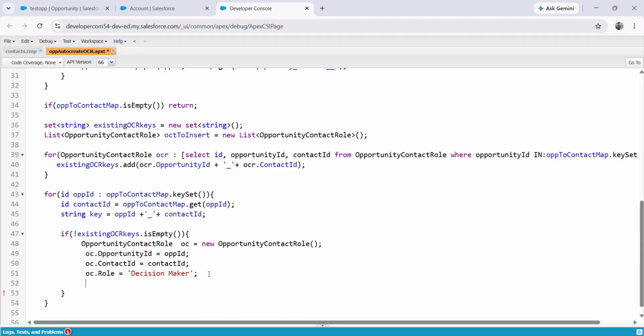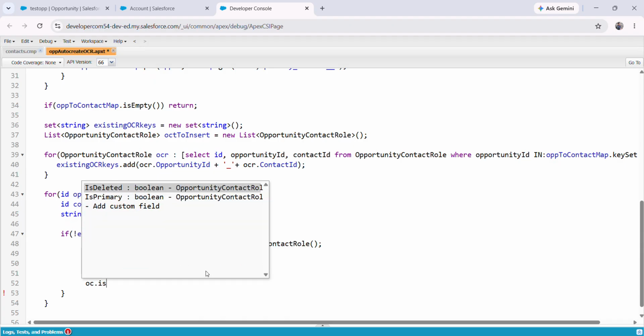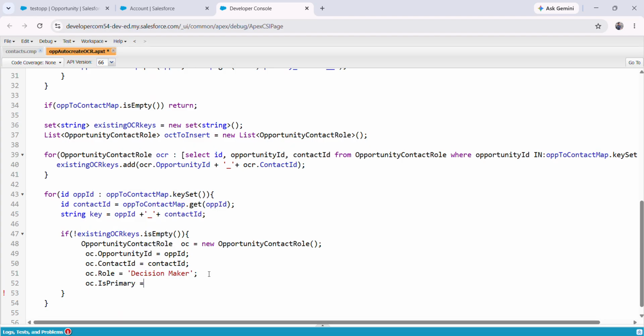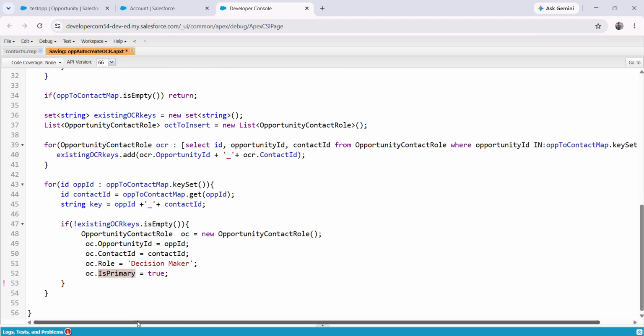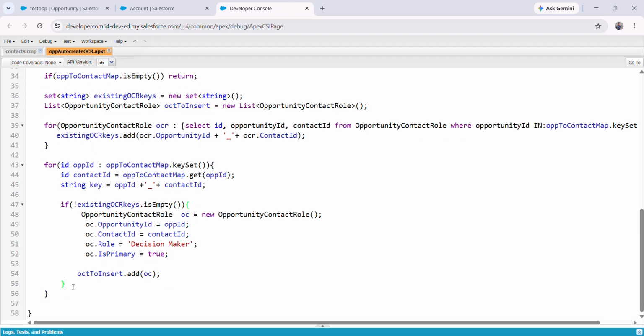Okay, also OC dot is primary equals true. We'll make this a primary. Okay, if we insert this or not doesn't matter. So now add that new opportunity contact role record into the list. Here, OCR to insert. Check where the for loop is closed. Okay, go out of that,